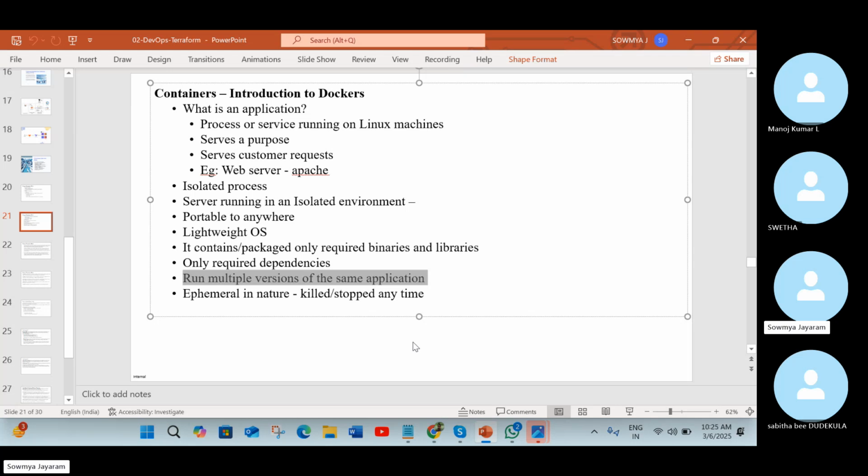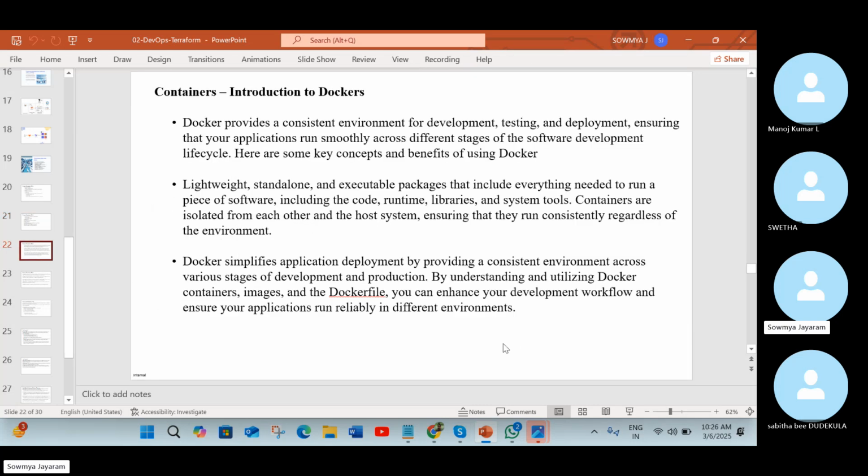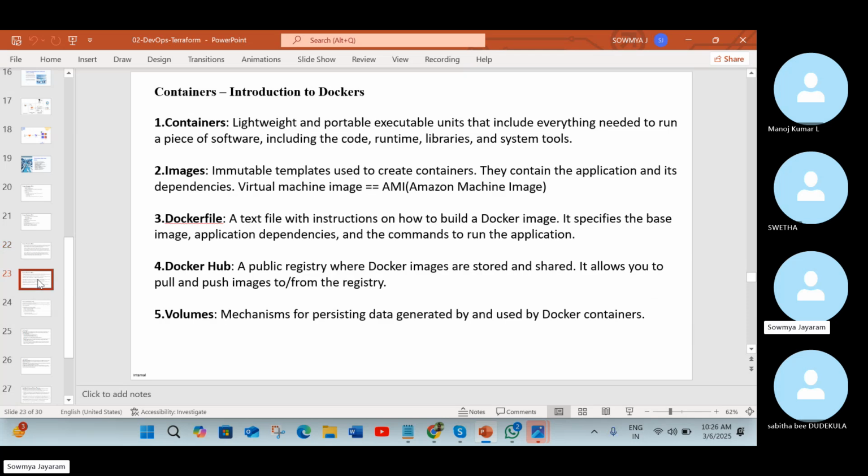If I want to make any changes, I do them and push again. So version control is achieved here, like how we do it in GitLab: if you make any changes in your code, each change is recorded on GitLab. In the same way, we have version control for images too. And as I told you, it's ephemeral in nature. These are some things you should try to study.